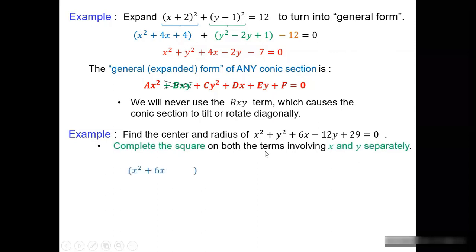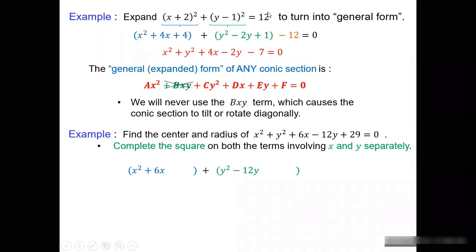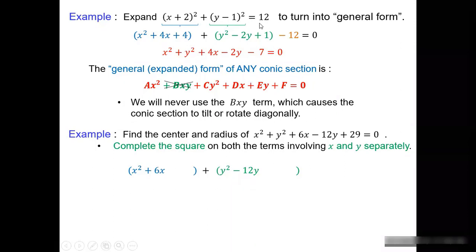So why don't we start off by grouping together the x squared and 6x term, and then group together the y squared and the negative 12y term. We're also going to have to move the constant onto the other side. So in this case, we would be subtracting the 29 to get it to the other side. So we can see that this is pretty close to what it should be, but notice at this point we have to complete the square by adding half of 6 squared,